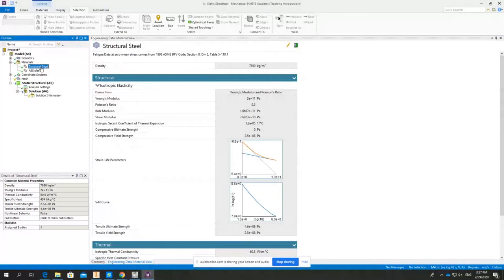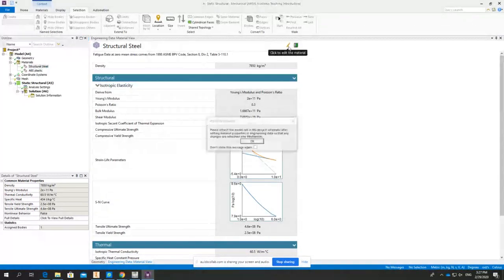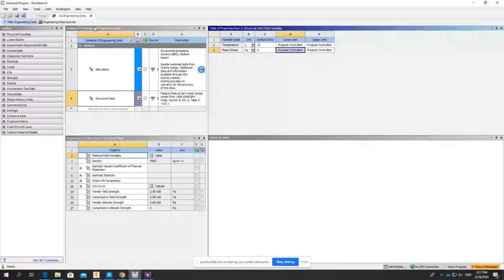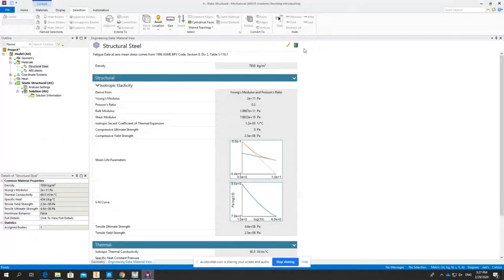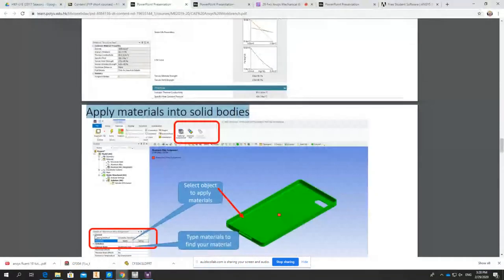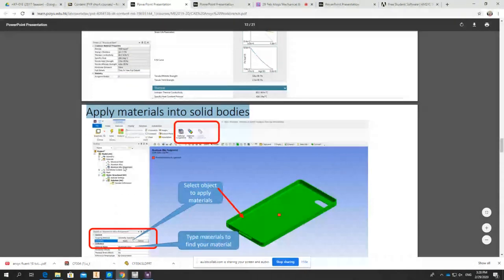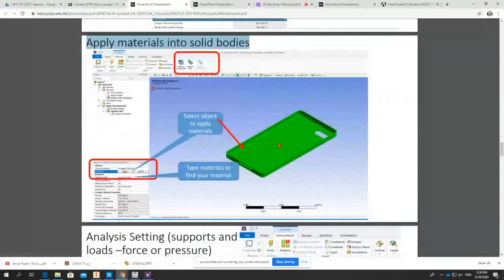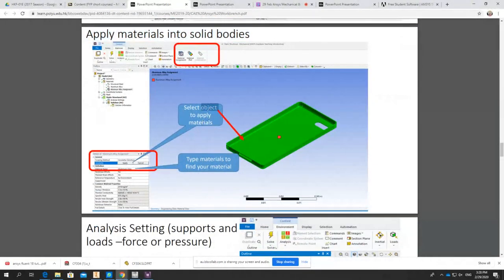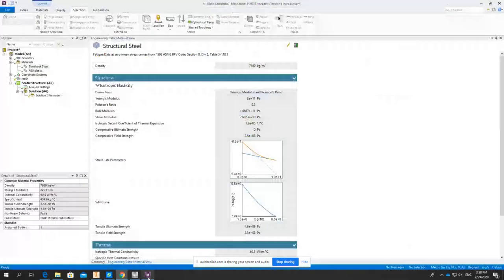Why can't I change it? Can I edit it? Engine data. So maybe project materials. But I'm not using the structural steel here. Let's look here. Also, I don't know why we can't delete the first one, because the first one is not ours. But you need to select the objects to apply it, because when you look at that one,